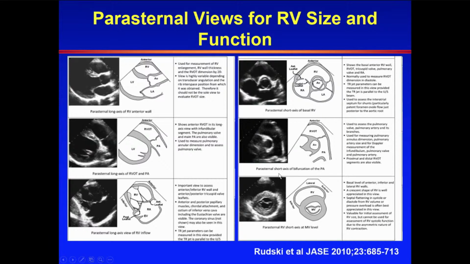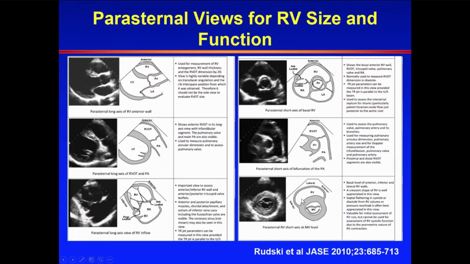We can also acquire a parasternal short axis view with the bifurcation of the pulmonary artery, very useful in cases with congenital heart disease and can be suitable also for aligning with flows in the RV outflow tract as well as the distal RVOT diameter. Short axis views at the level of the mitral valve and papillary muscle will show you the left ventricle